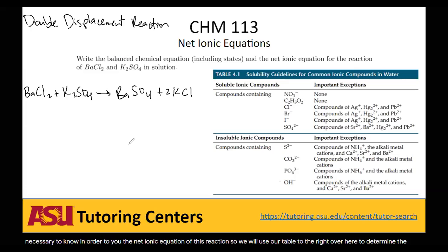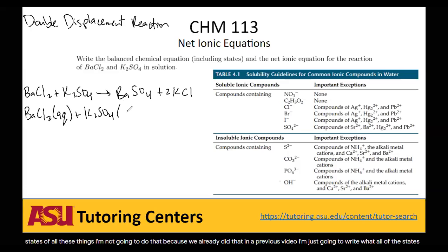I'm not going to do that because we already did that in a previous video. I'm just going to write what all of the states are. Aqueous, this one's solid, that's 2 KCl,